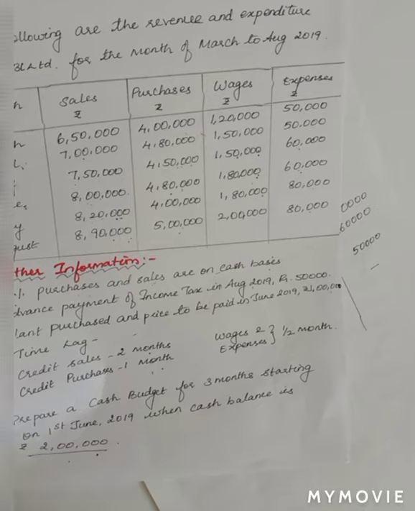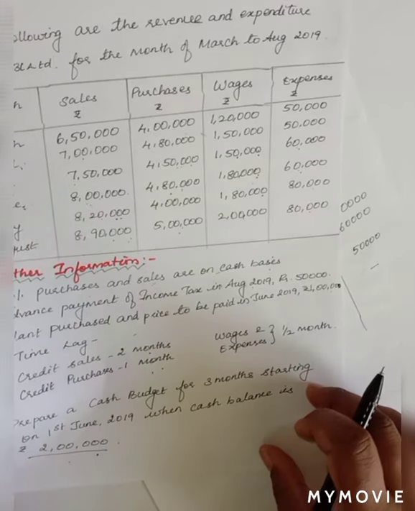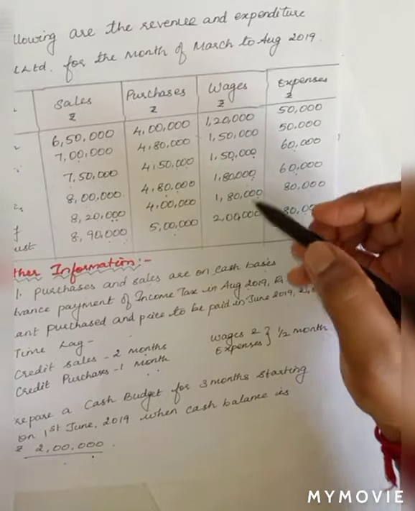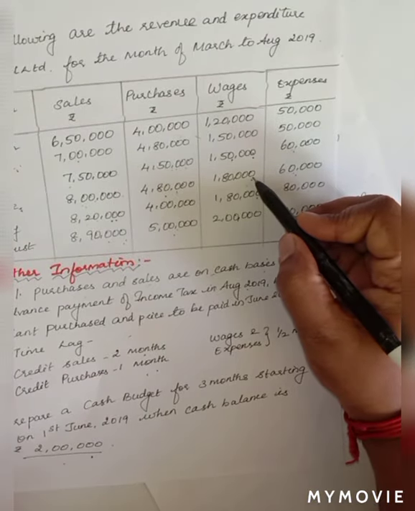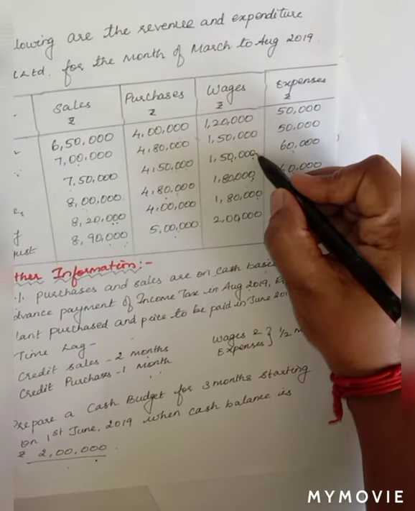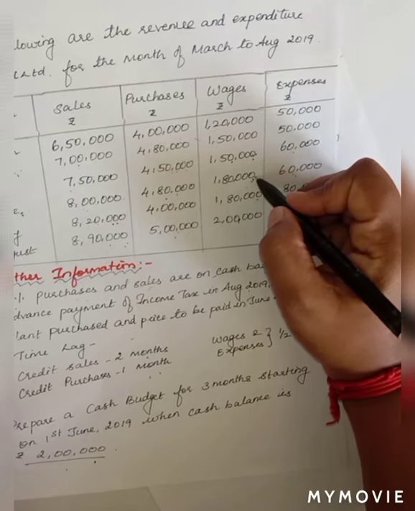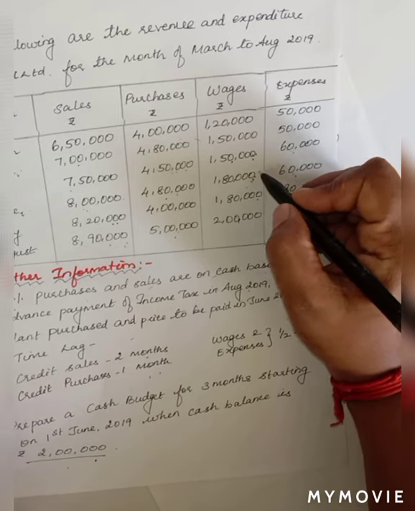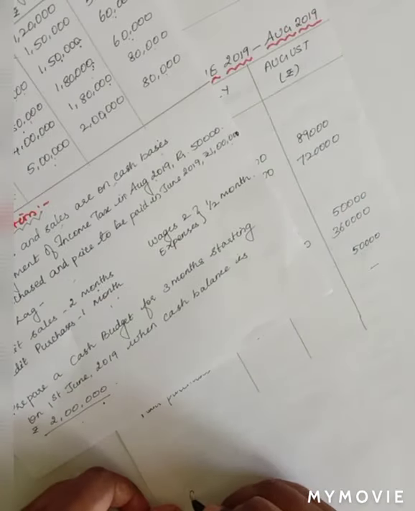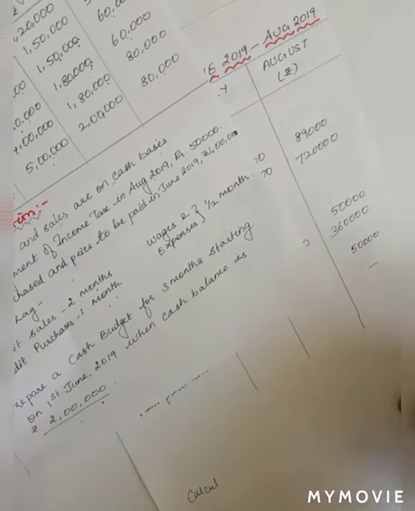So in a month, if you want to settle, you have to settle half of the expenses of this month and half of the expenses of the previous month. Both the amounts have to be settled in this month. So to work it out in simple terms, for wages in the month of June, you have to settle half of May's 1,50,000 and half of 1,80,000. So that has to be settled in the month of June itself. I'll do it in a calculation format so that you may understand better.